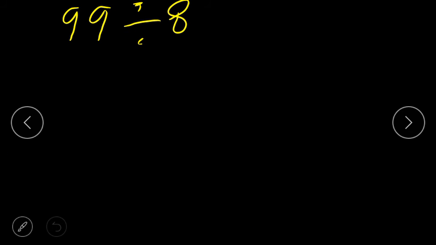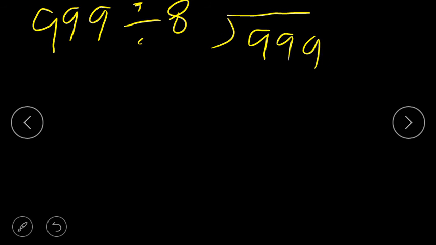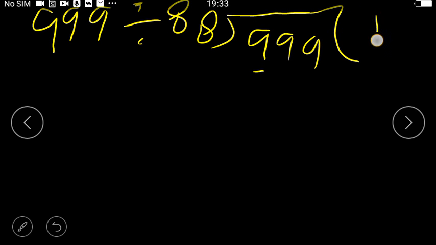You have to divide 999 by 8. Now you know the method to write. This is 9, 9, 9, and you have to divide by 8. So you have to read the table. 8 is the divisor, so you have to read the table of 8. If you go 8 twos are 16, 2 times, then it will be 16, and 16 is more than this hundreds place digit. So you have to go one time only. This way also we can do this division.